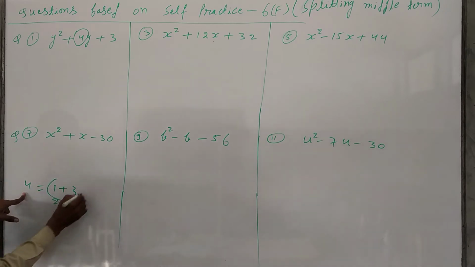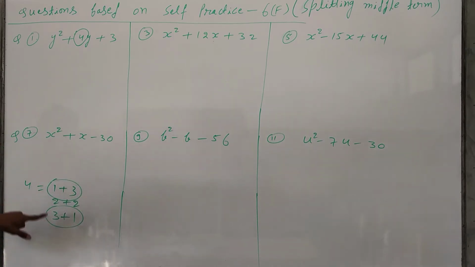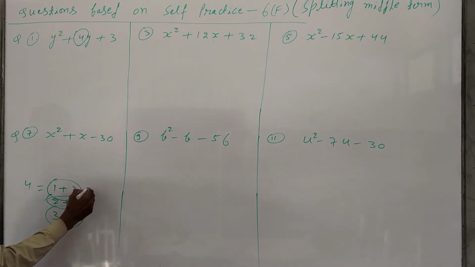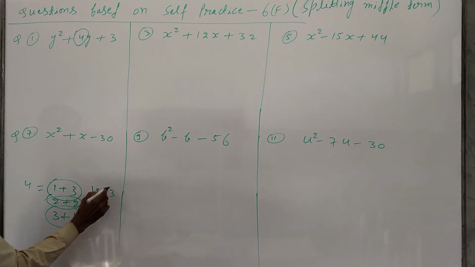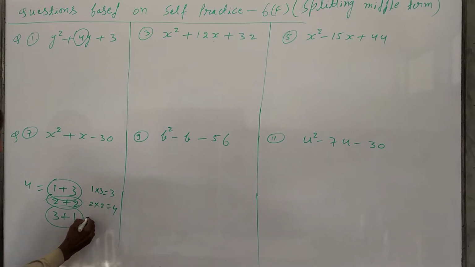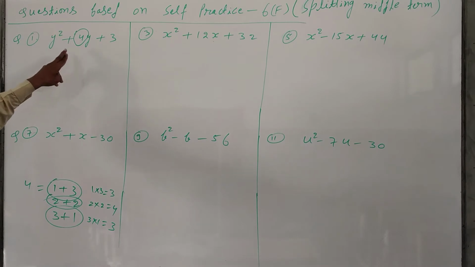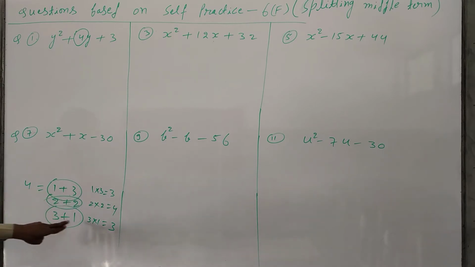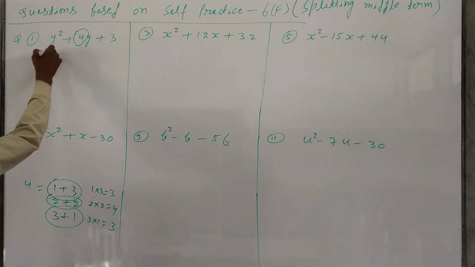So we can use either this one or this one. Here multiplication of 2 into 2 comes 4, so that is not right. If you multiply 1 into 3, it will come 3. And 3 into 1 will come 3. So here we have to factorize 4; in place of 4 we have to write either 1 plus 3 or 3 plus 1. So we will write it like this,